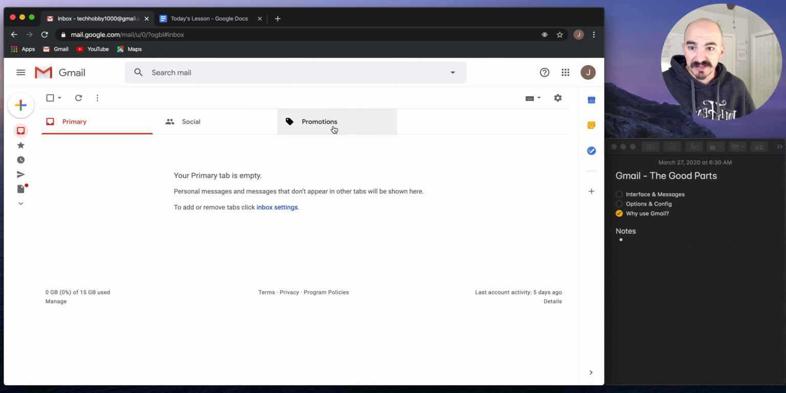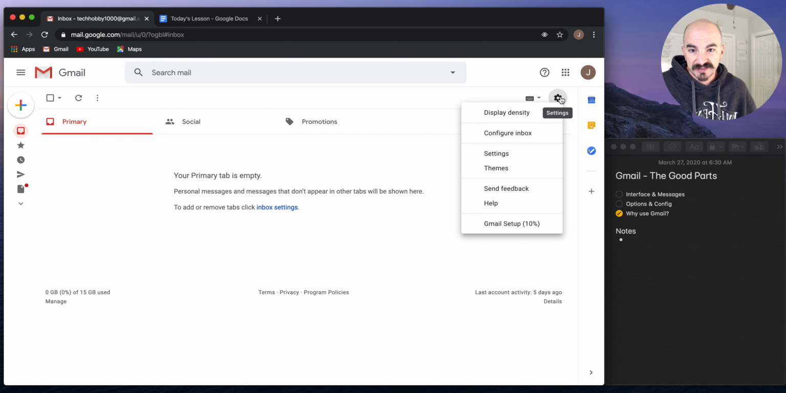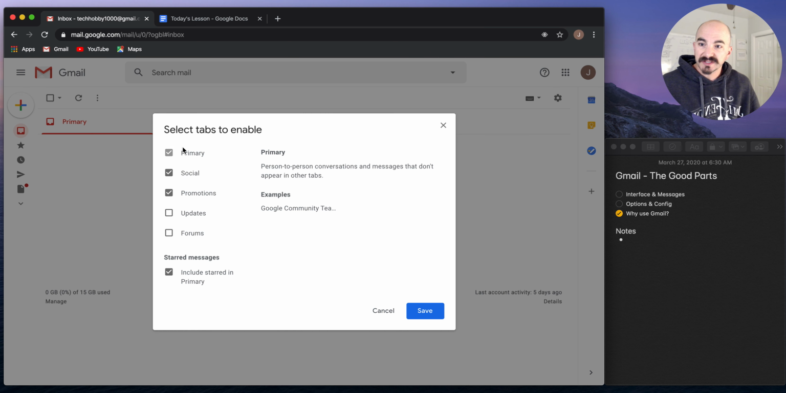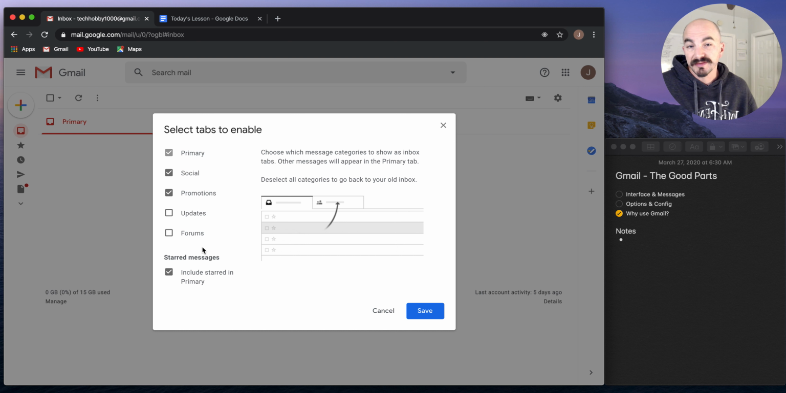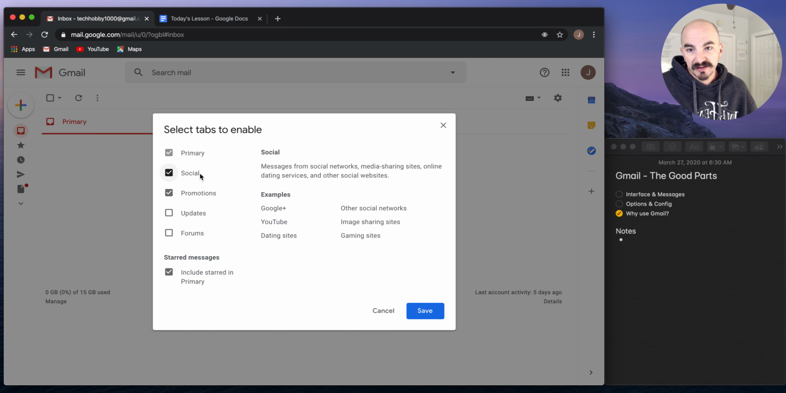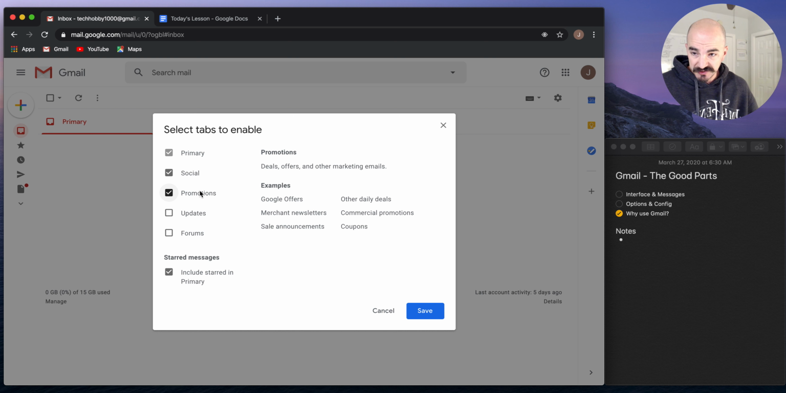Now I want to talk about these tabs. Google allows for the customization of these different tabs. If you click this little settings icon and you go to configure inbox, it's going to give you this option where you can have these different tabs open. When you first set up a Gmail account, you've got nothing in here, so it feels a little bit much. But as you start to get social media things like information from Google or Instagram notifications,